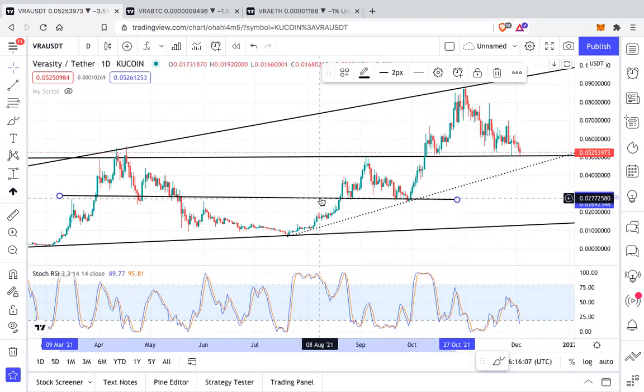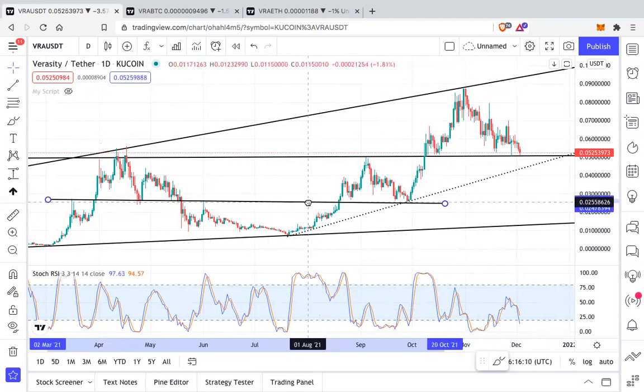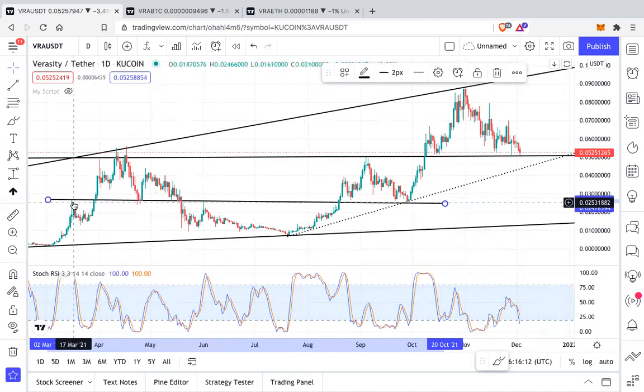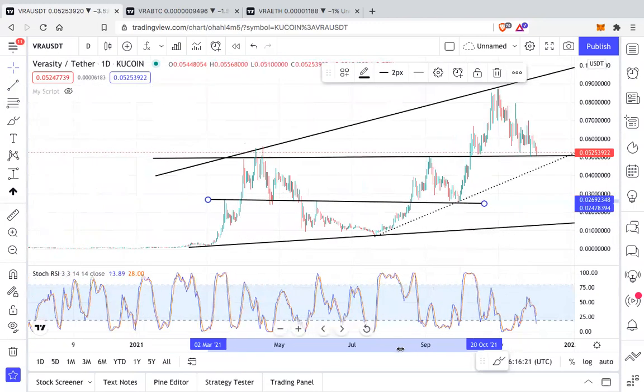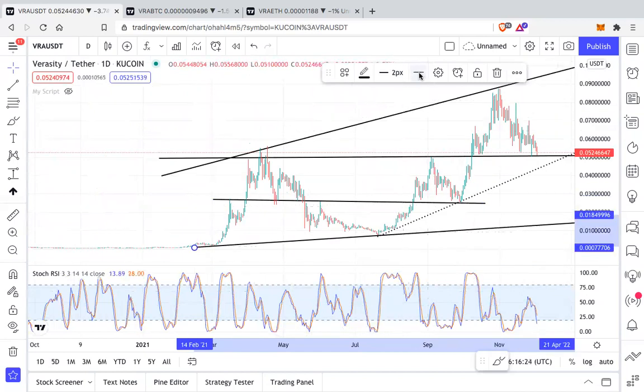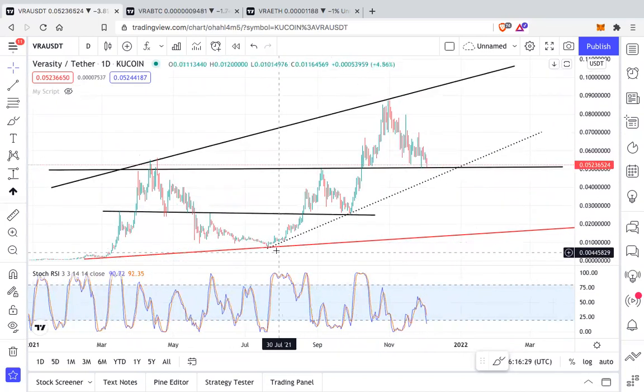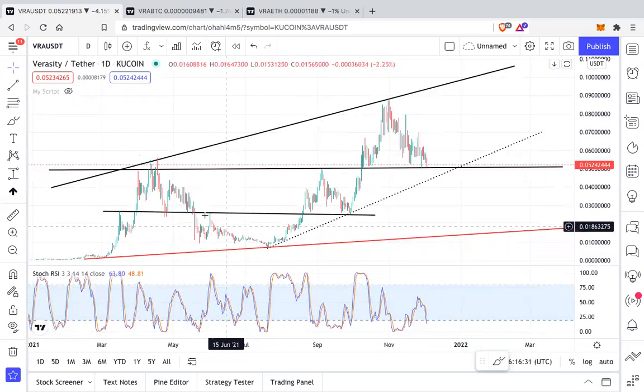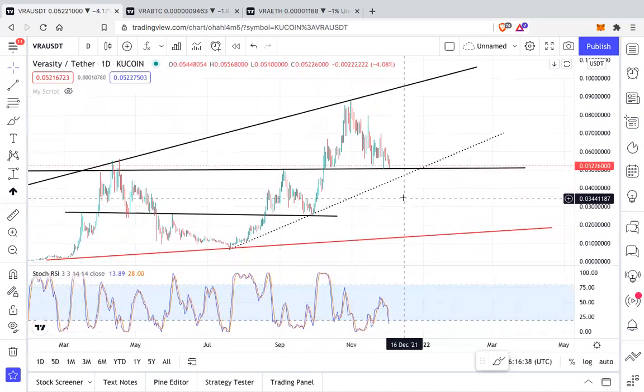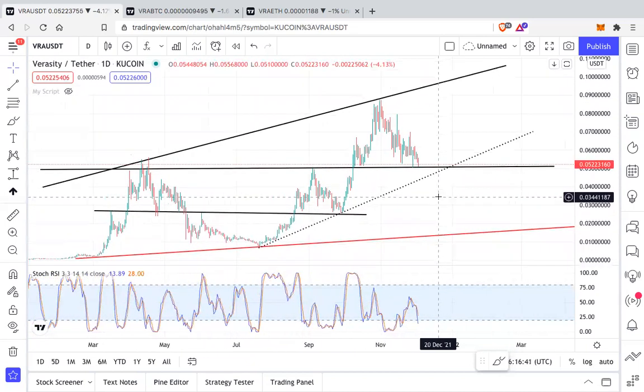You see, we were consolidating in this range, which was previous resistance, then it became support, it broke, again it became resistance. We had to go down, find support from this main trend line. Let me change its color to red. We had to find support from here, and then this was a clear reversal or round bottom, and we started another amazing impulse move.